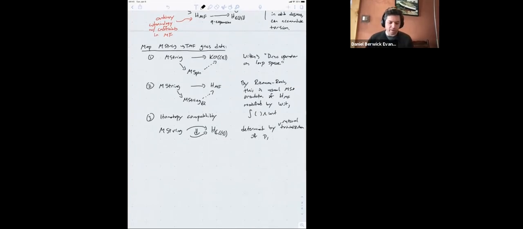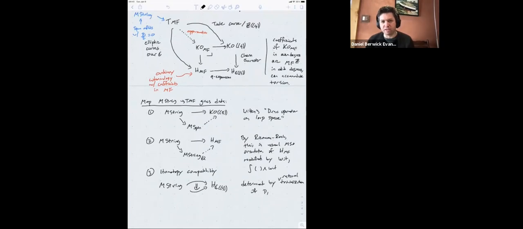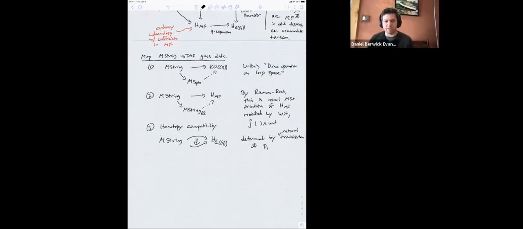So the next thing is, great, we have this approximation, but when you have an approximation, the question is how good is it? And since the goal here was to get torsion, we need to know that KOMF actually sees some torsion. So let me now explain to you some of the torsion that KOMF can see. So here's some facts